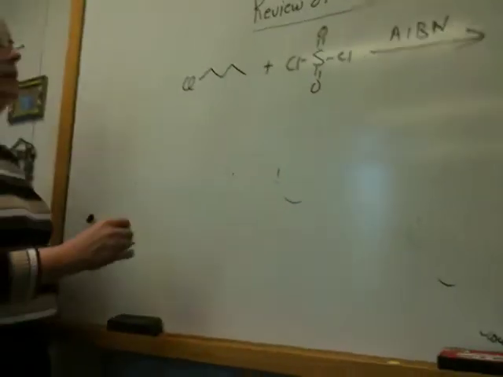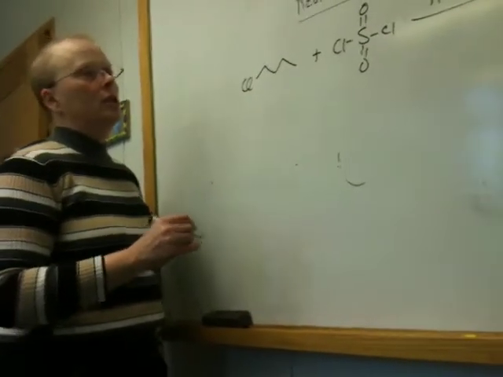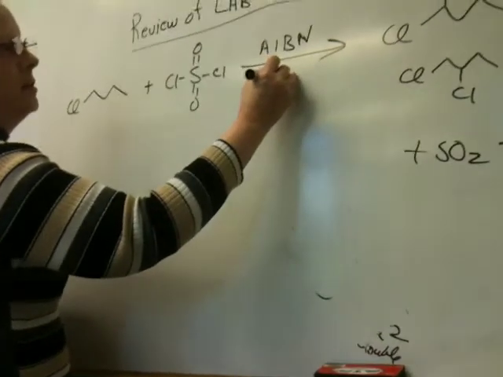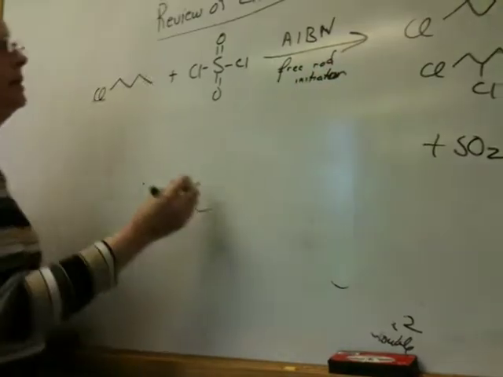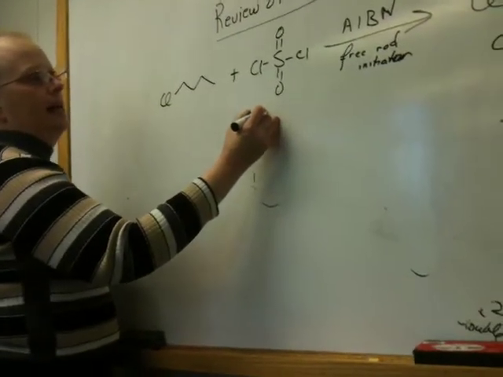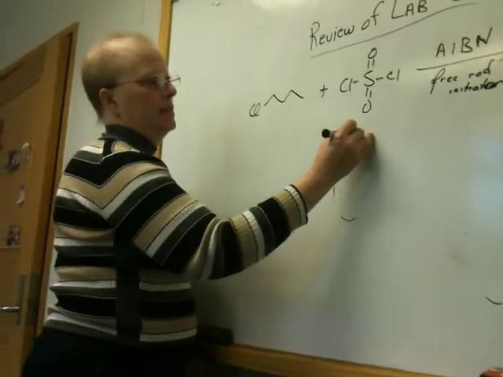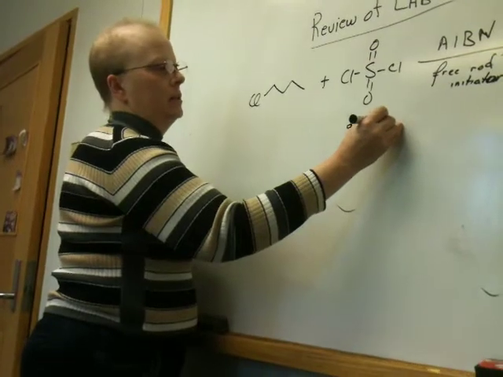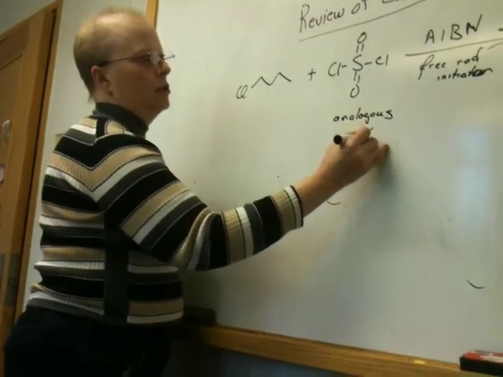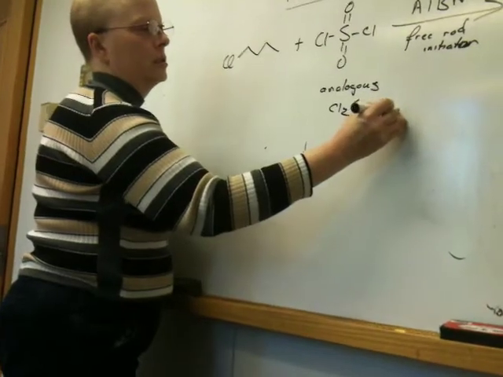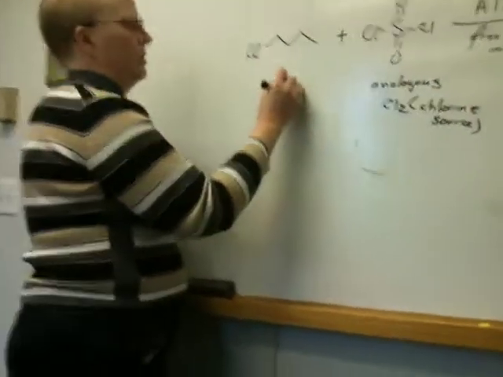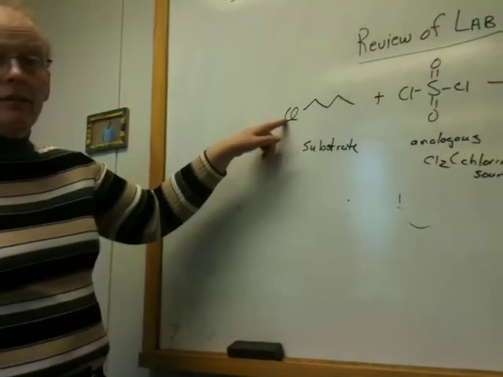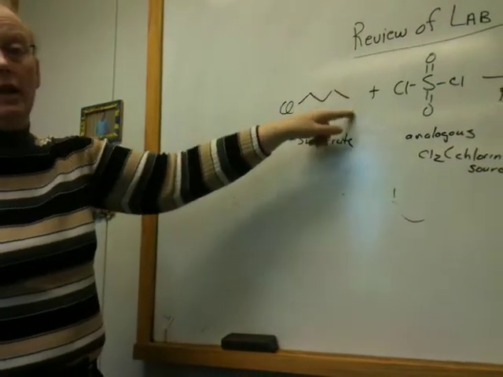As I told you in class, this was a free radical reaction. AIBN is a free radical initiator, okay? Sulfuryl chloride is analogous to Cl2, which is your chlorine source. Okay, and this was your substrate. The goal of the lab was to study the effect of this chlorine on free radical substitution at these various